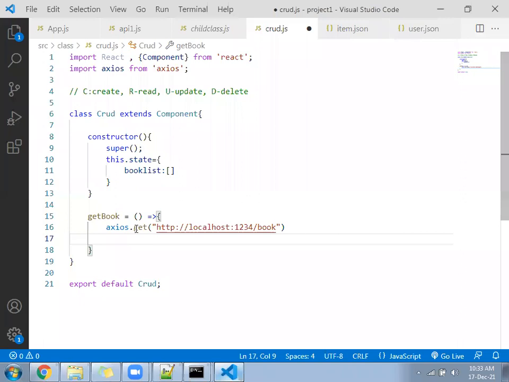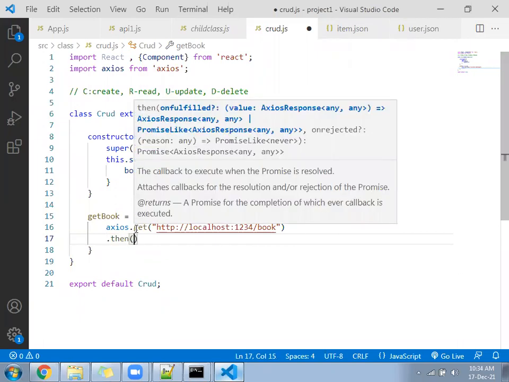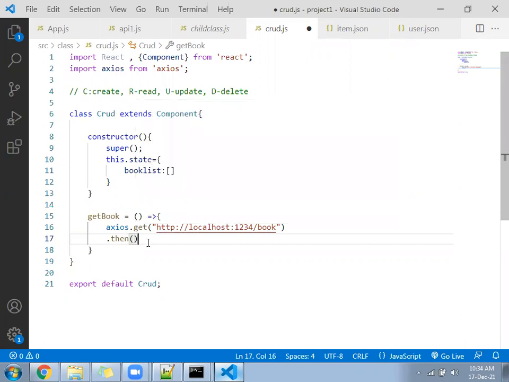Dot then. Yesterday, how many then functions did you apply? Two then functions, to receive and then convert into an array. Now Axios does not need that, it will receive and convert into an array. So here only one then function is required. In fetch we use two then functions, whereas under Axios we use only one. Here directly it comes in JSON form and we can use it as an array. And then is called a promise function because it captures the response.